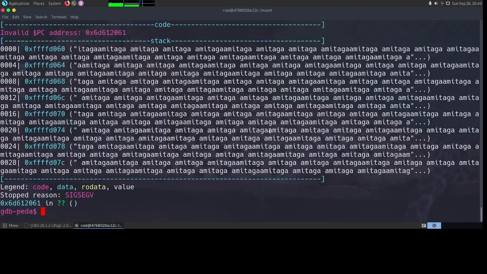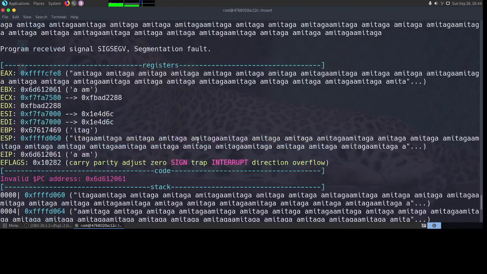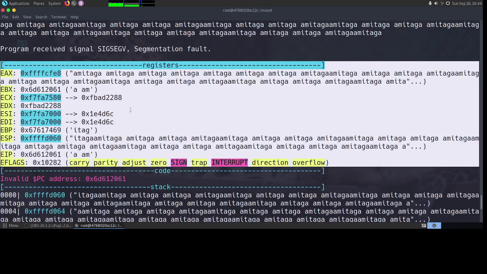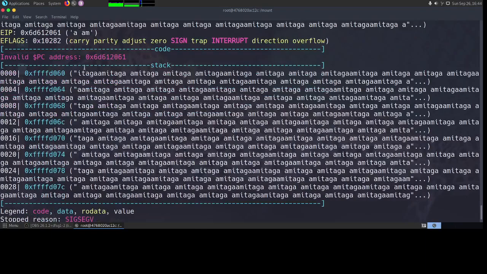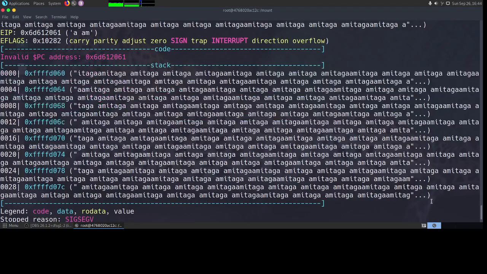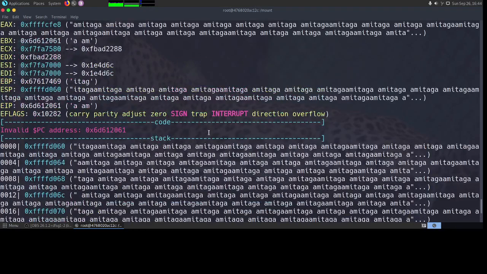We can immediately see that the function has crashed, and because we have PEDA installed, it is also showing me all the registers when the program crashed and their corresponding values, and then the stack of the program when the program crashed. Now we know that we can crash it. We need to figure out if we can override the EIP.